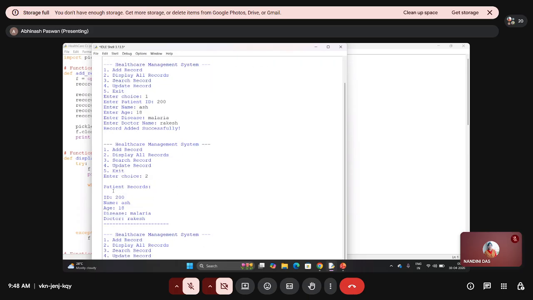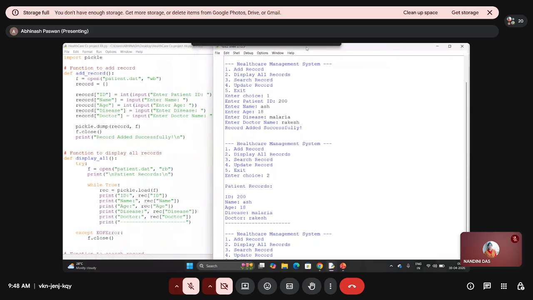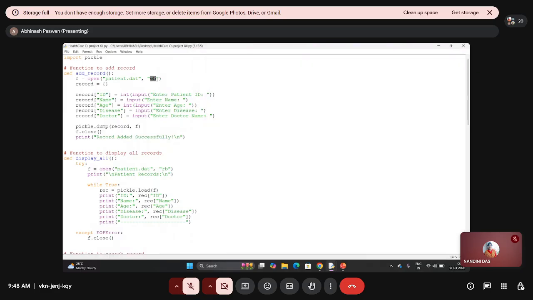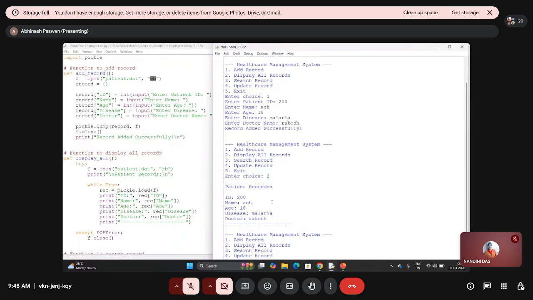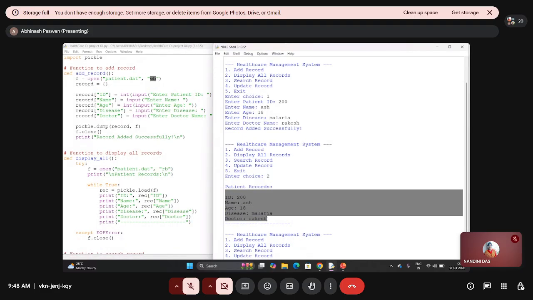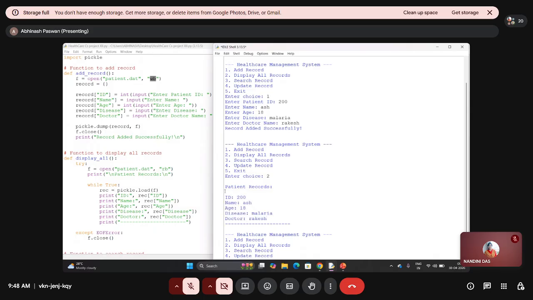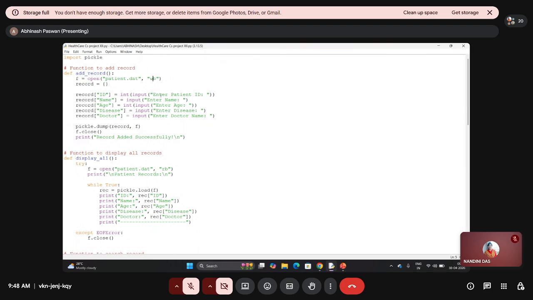So here you can notice that we already had a file in the health management system, but as we added another file using the WB mode, the previous file got deleted and the new file got added. Only the new file is then shown in the records. But if we change the program and instead of WB, we use the AB, which is the append mode,